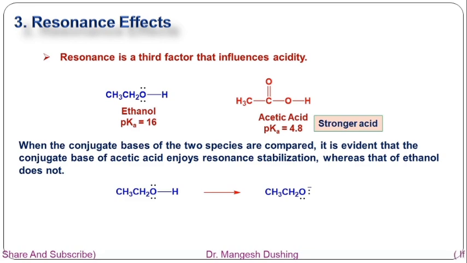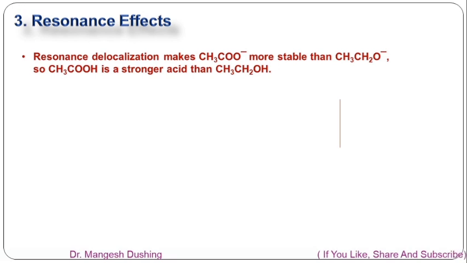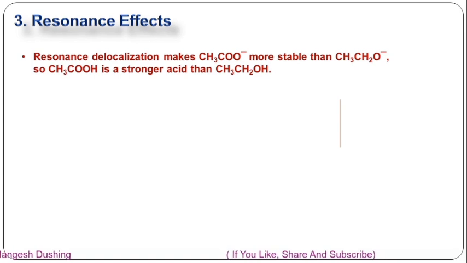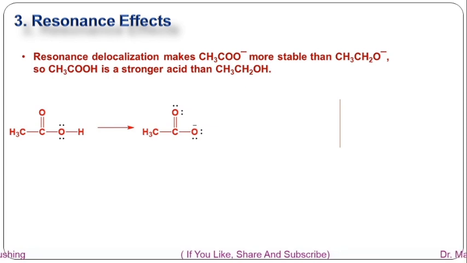After dissociation of this ethanol, we will get ethoxide ion, that is the conjugate base of the ethanol. So there is only one Lewis structure, so less stabilization. While in case of acetic acid, the resonance delocalization makes acetate ion more stable than ethoxide ion. So acetic acid is a stronger acid than ethanol. For example, this is acetic acid. On dissociation of H plus ions, it forms the acetate ion, where oxygen has a